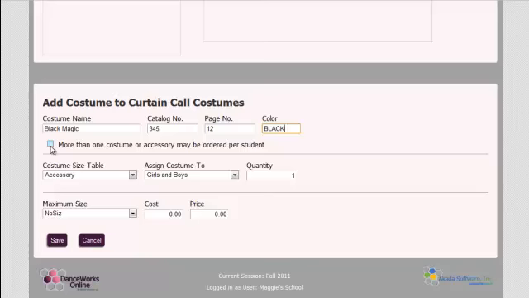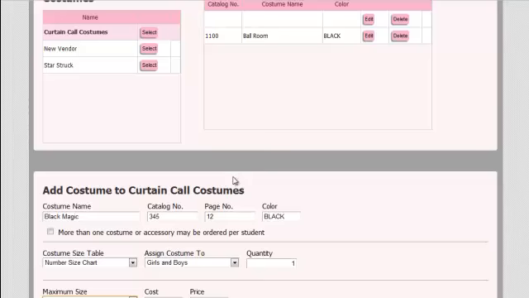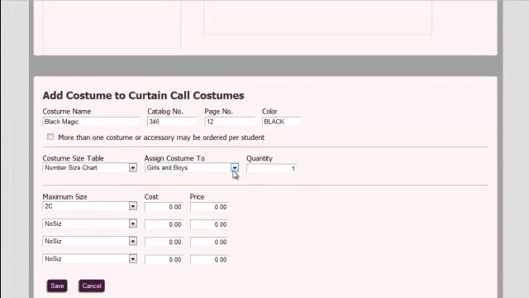Check this box if you want a student to be able to order more than one costume or accessory. And then use the drop-down menu to select the size table for the costume. It's either going to be accessory, the number size chart, the letter size chart, or the boys size chart. And use the next drop-down menu to assign the costume to girls and boys, girls only, or boys only. And then select quantity. The default is